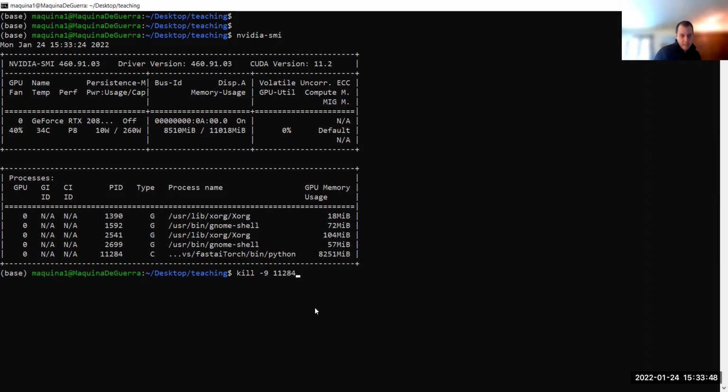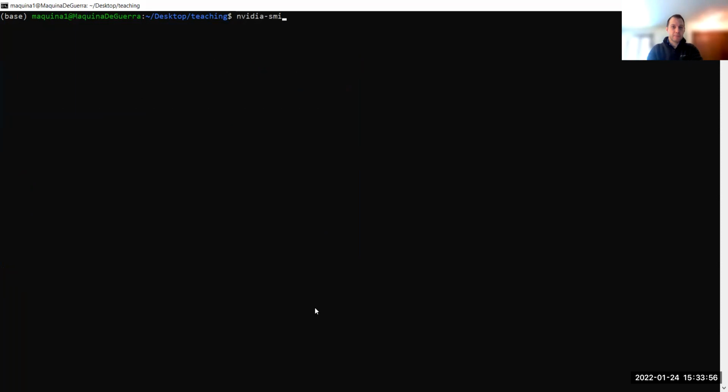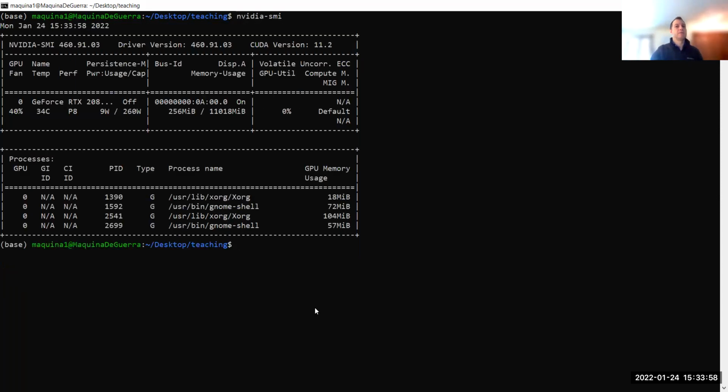So I'm going to get rid of that one, 11284. All right, should be gone now. And then if you double check NVIDIA SMI again, you can see it's gone. So the GPU memory usage is clear, and so we can go ahead and allocate a big job to it again.